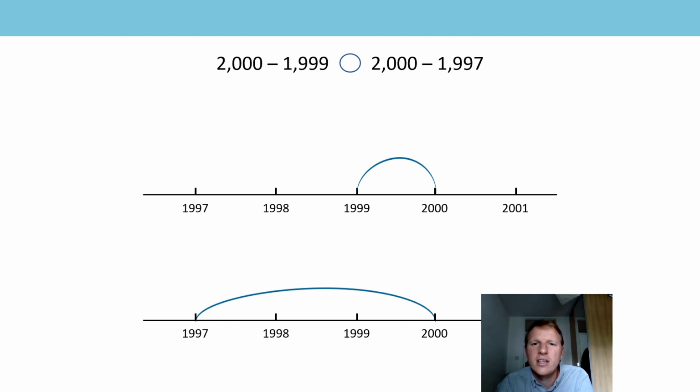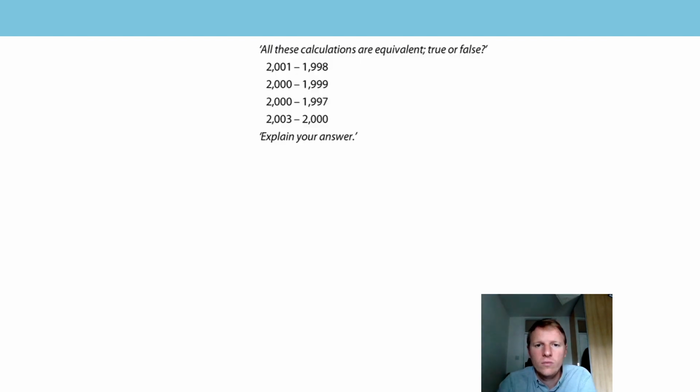If they're not the same size, that means one is greater than the other. Is 2000 subtract 1999 greater? No, it's smaller, so we can use the less than sign. So we can say 2000 subtract 1999 is less than 2000 subtract 1997. We're still sticking with these four calculations, but I want us now to think about the solutions to each